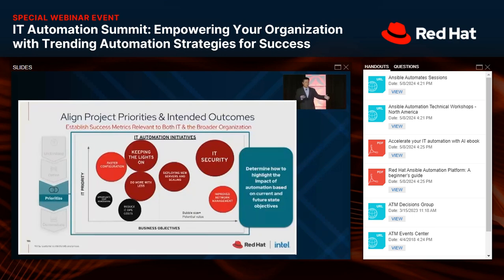The circles are sized according to how much of an impact this would have, and the colors group together the types of initiatives. Then you have your IT priority on the y-axis and business objective on the x-axis, and you have to figure out what's in that upper right quadrant that is actually relevant to both your IT and business teams. It turned out to be IT security, which is the use case that our IT team wanted to promote.